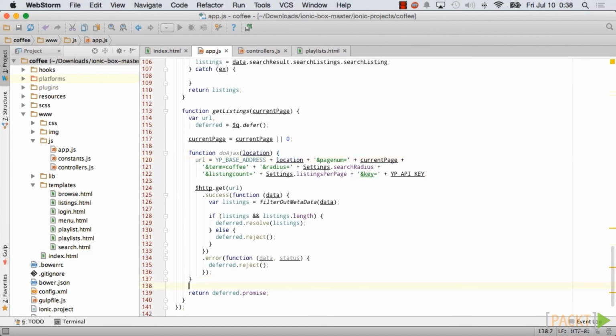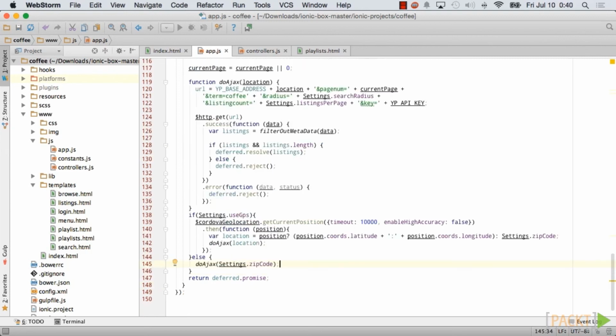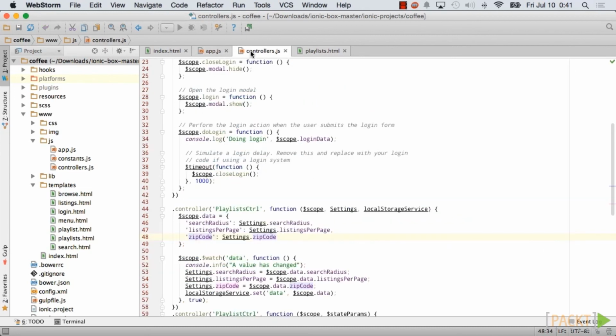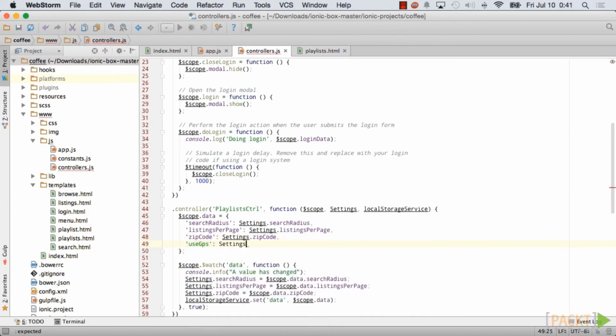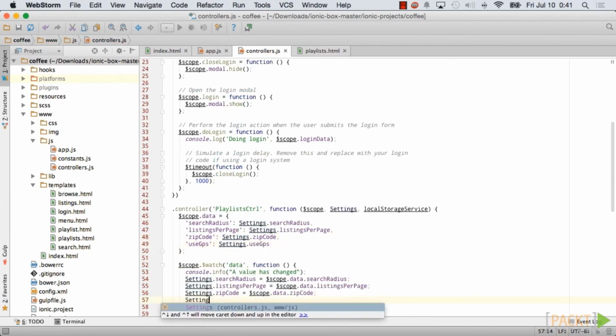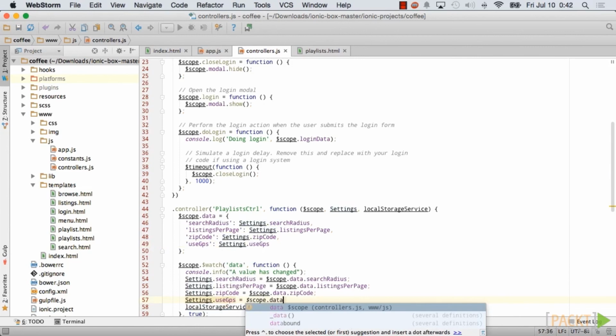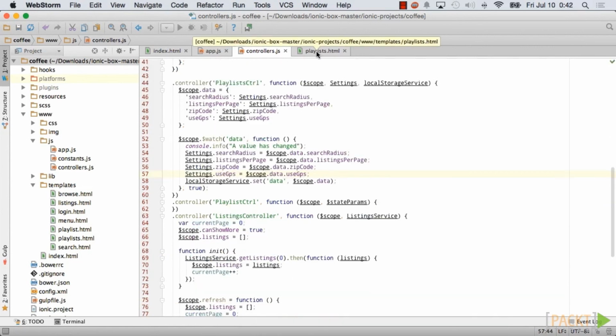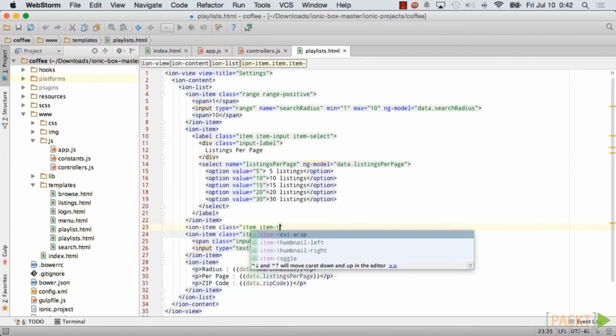Then, just before the return statement, we're going to add the following code. This code checks to see if the user wishes to use the GPS. If so, it gets the location from the GPS before calling doAjax. If not, it just uses the zip code. Now open controllers.js, add a new setting, use GPS, to the initialization of scope.data, add use GPS to the $watch function, open the file playlist.html, add the following before the zip code ion item,